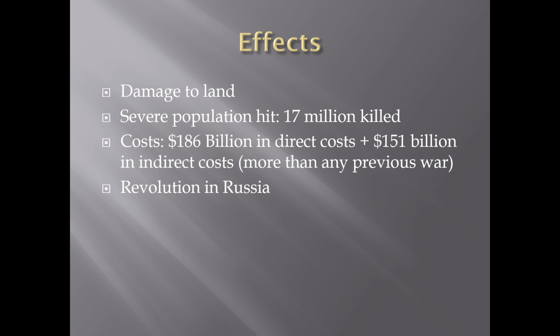There were two, actually, revolutions in Russia, the one in February and then the one in October. Well, the October Revolution actually takes place in November, but the one in October. And Russia has now become communist and created the USSR. Plus, you have the impact on individuals and the impact on culture. So we're going to go into these in a little bit more detail.